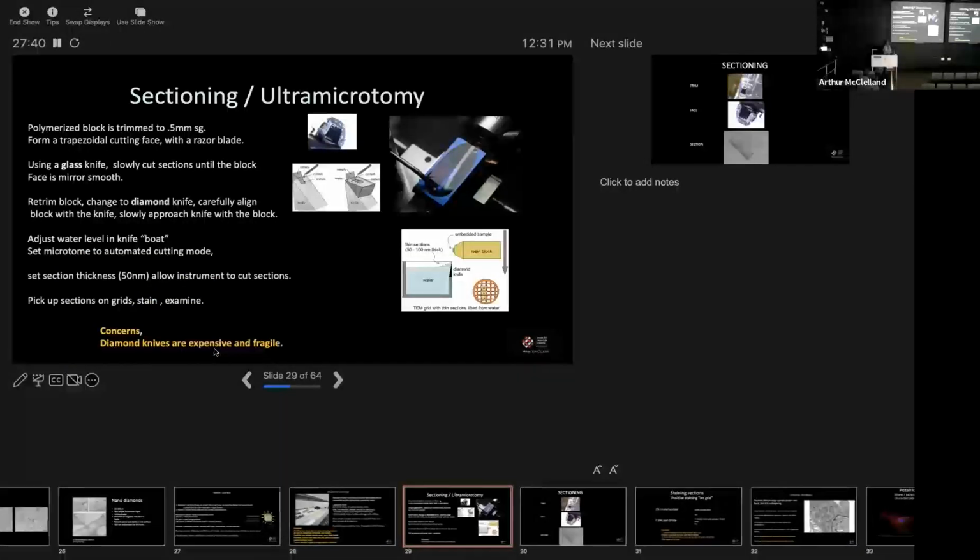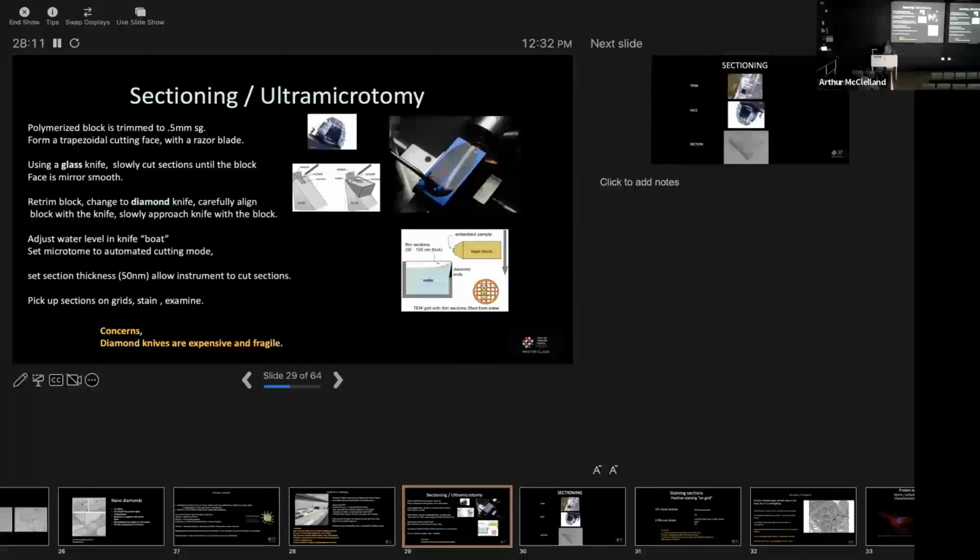All right, after our 24 or 48 hours in the oven, we've got a hard plastic block, and we have to cut that into ultra thin sections for final observation on the microscope. This is probably the hardest part to learn and to become highly skilled at. Once you learn it, you've got it. It's like riding a bike, but it takes time and patience because there are 1,000 parameters that have to be right.